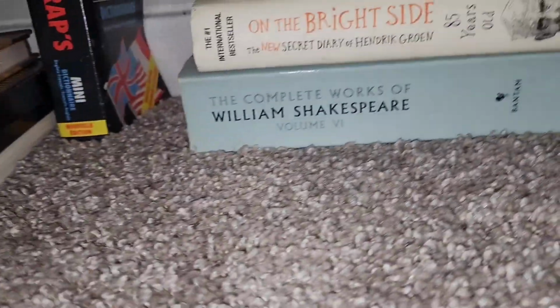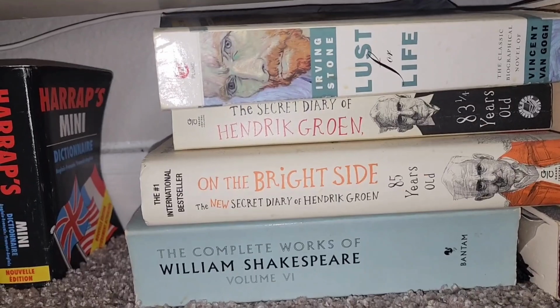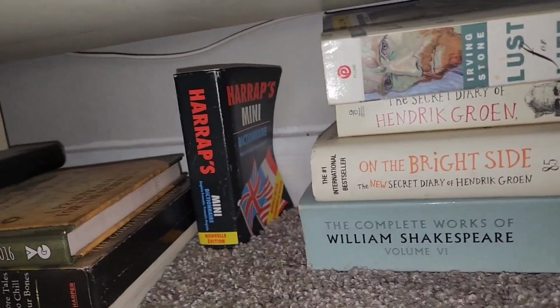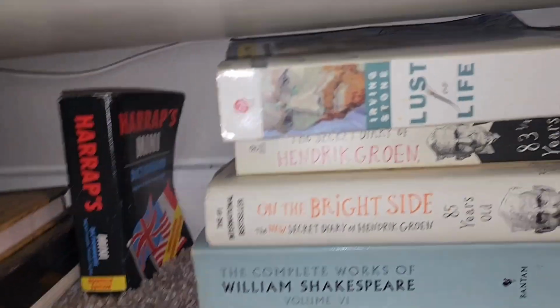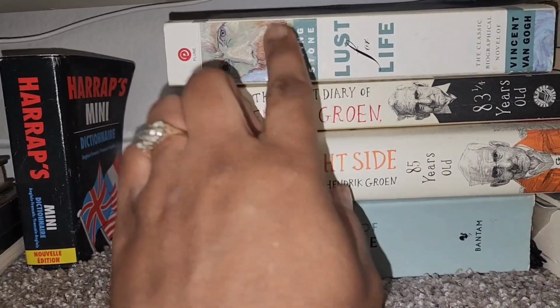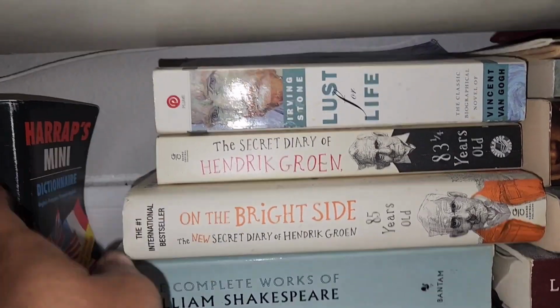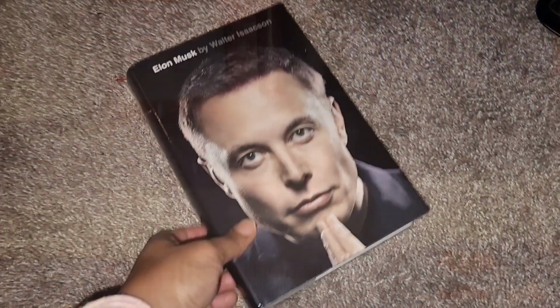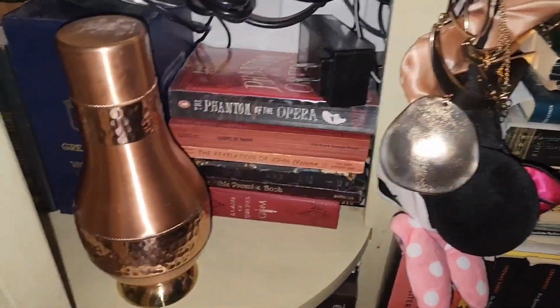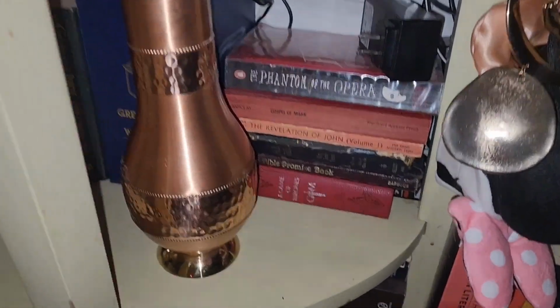out for the video, although it's not an art book, but it is on an artist. And I have a few other ones that live under here. Here's Lust for Life, which is a book on an artist, one of my favorite artists, Vincent van Gogh. This one is just laying here because I was just going through that one, that book on Elon Musk. But I have here